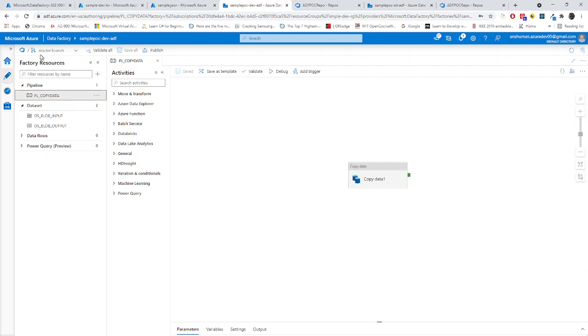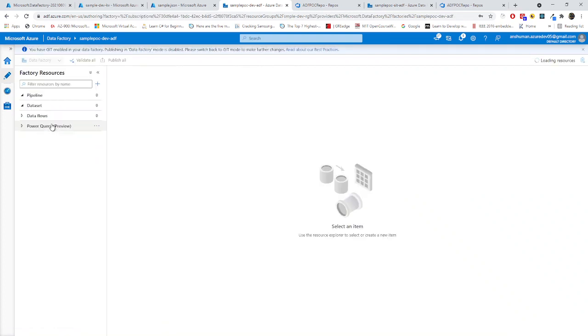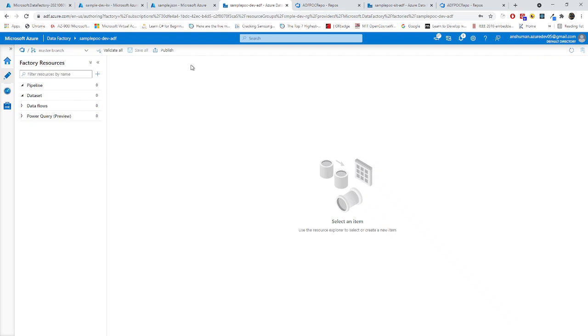Now coming up to the next step. The next step is we want to publish everything to our ADF Live. So if you go to ADF Live over here, you can see that there is nothing inside ADF Live. Linked services and everything, there is nothing inside your ADF Live. Now what you can do is go to your Git and use this publish button. So there is one master branch. I have already told you that the master branch is our collaboration branch. So you just need to publish these things to the ADF.